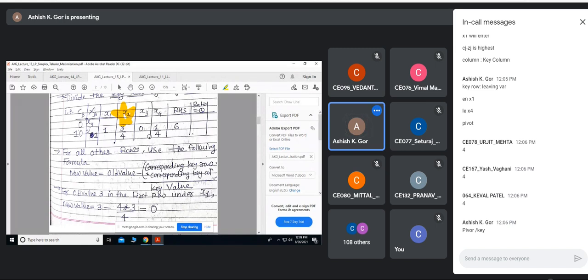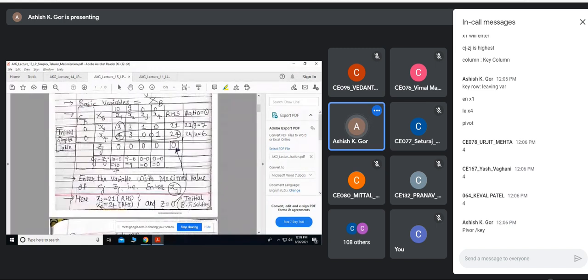Okay, so I have to see my table. This is my original table. Okay, you see, the old value is 3. So the old value is 3. If you see the corresponding key row element, in the key row, this is the element corresponding to this element. Okay, so corresponding to 3, this is the 3.